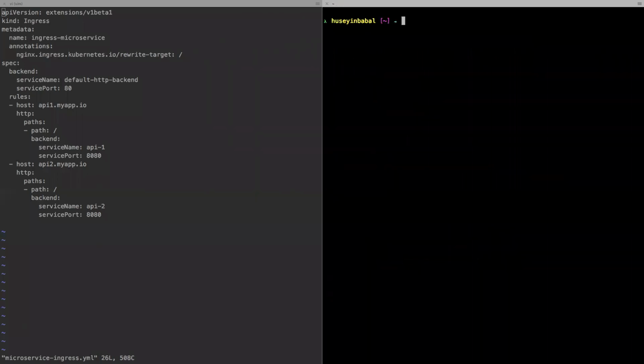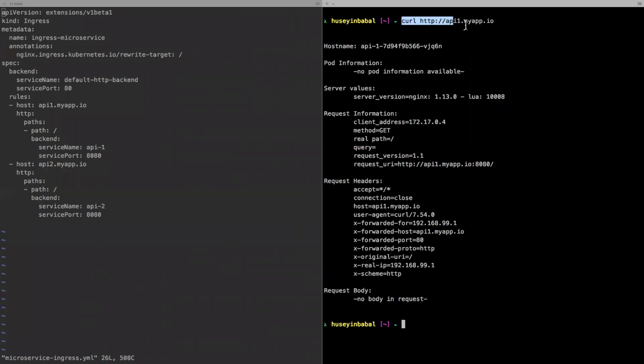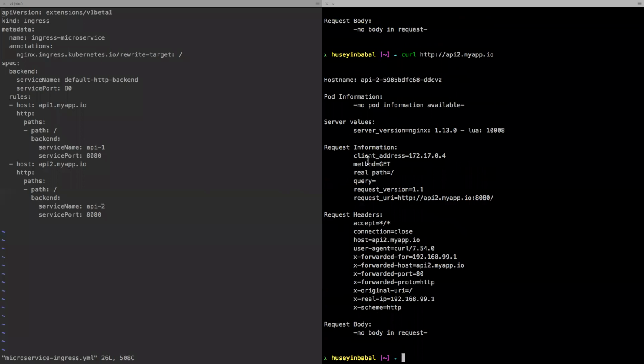Let me make a request to these endpoints. So API 1, my app IO. As you can see, this request will automatically go proxy to this host name. This is the API 1. This is the host name of the specific pod here. What else here? You can see some information here related to this request. In the same way, if you make a request to API 2, you will see that the request automatically proxy to this